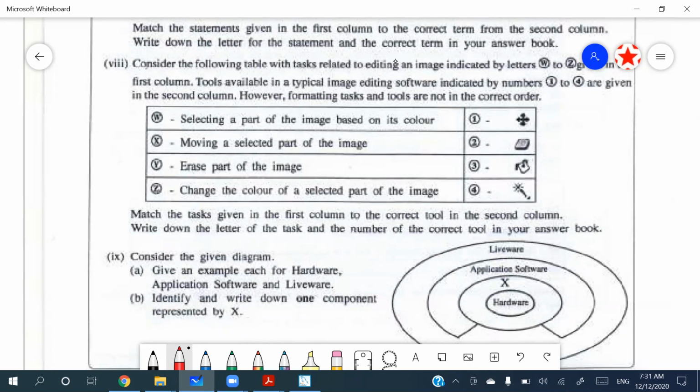So selecting a part of image based on its color. So that can be done with this magic wand or the fuzzy tool. So for W, it's going to be 4. Moving the selected part of the image, you can use 1, right? So we can understand it like having the directions, showing the directions to all the sides, right? And erase part of the image. Obviously, we can use the what we call